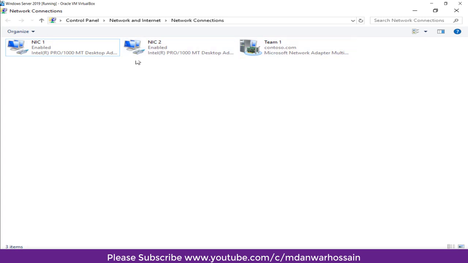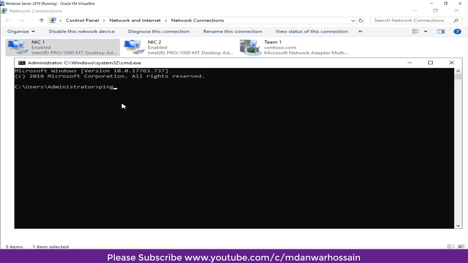For example, if this network interface card goes down, we can still get the connection. If we send a request to Google DNS, let's see what happens. We can get the reply.